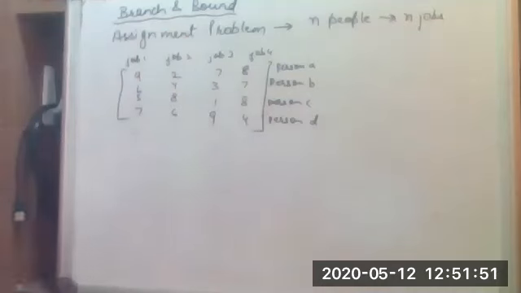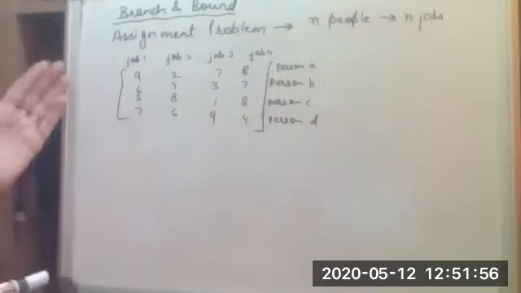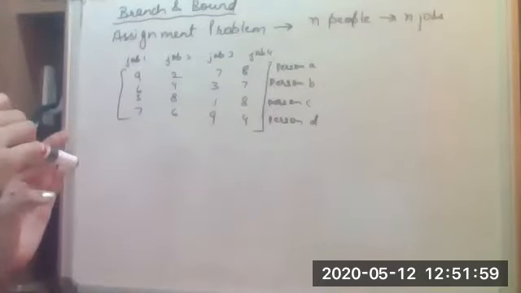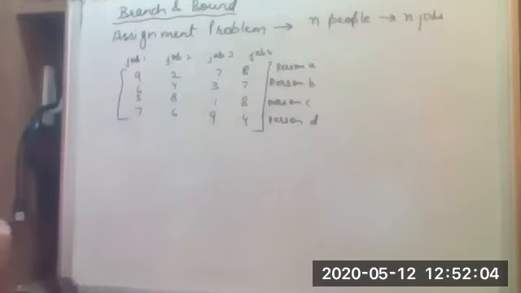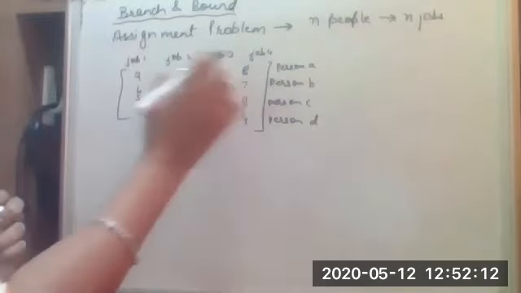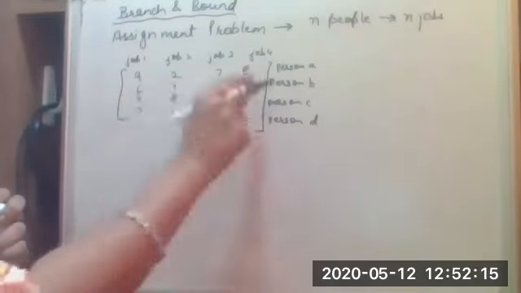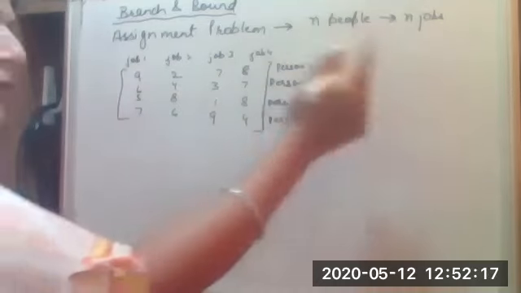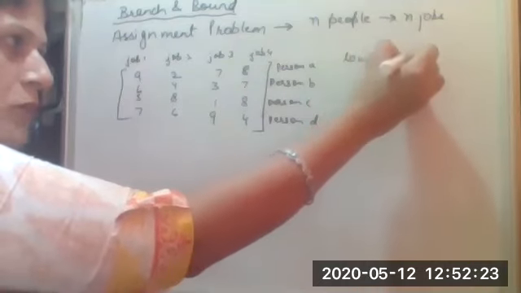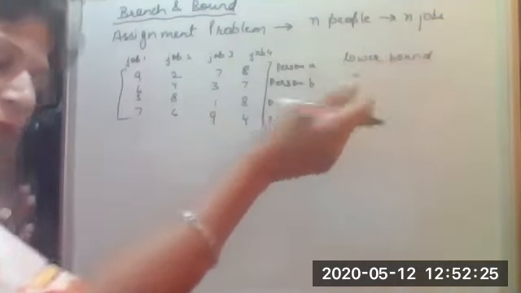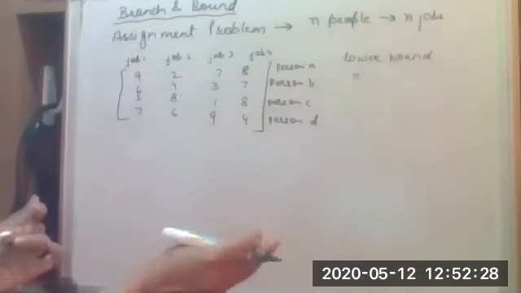Okay. Fine. And what we wanted here was to find out the best solution at each state, and to start with we need to have the best solution. So the best solution for this case to start is the sum of the smallest values in each of the rows. So we call it the lower bound on the objective function. That means, what is that minimum value that will be involved?